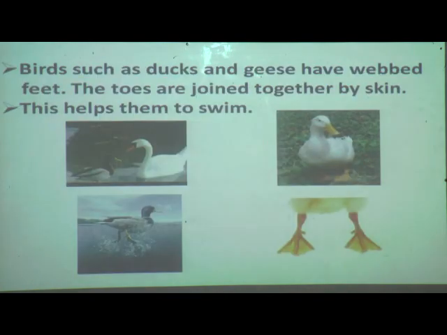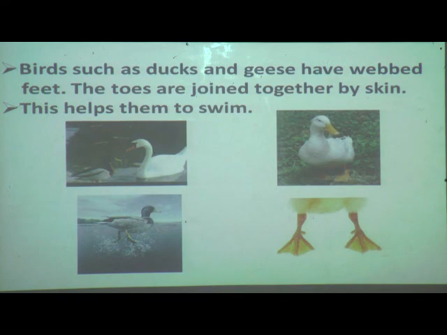Now see, what I am showing here, you can see duck, isn't it? Duck, geese. Now these are called, yes, by seeing only you will come to know. Tell me, these are called swimming birds. Now water birds such as duck and goose have webbed feet that help them to swim in water.